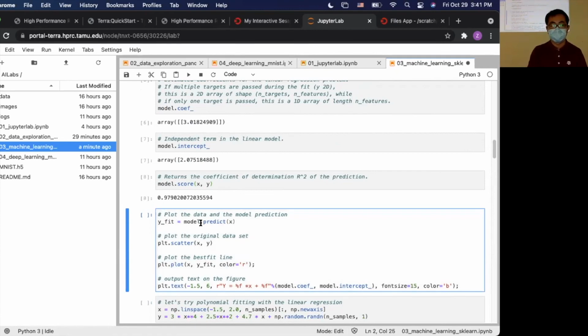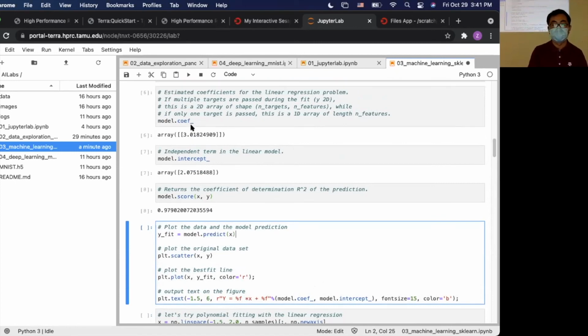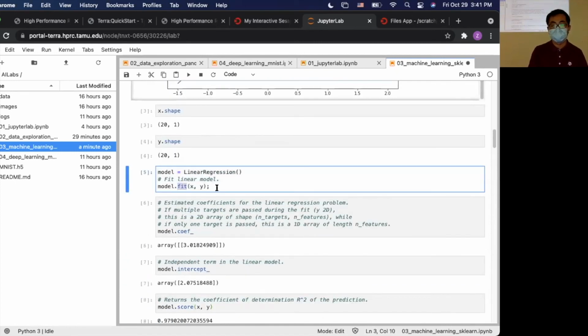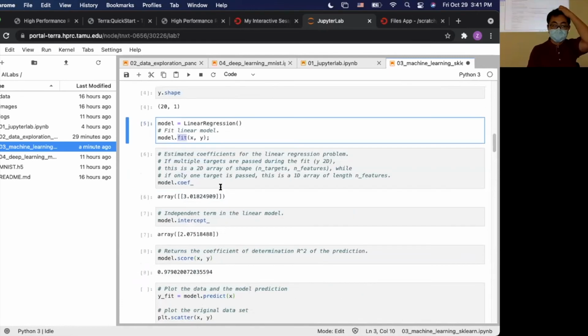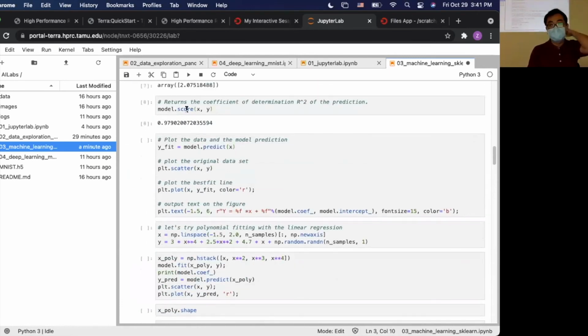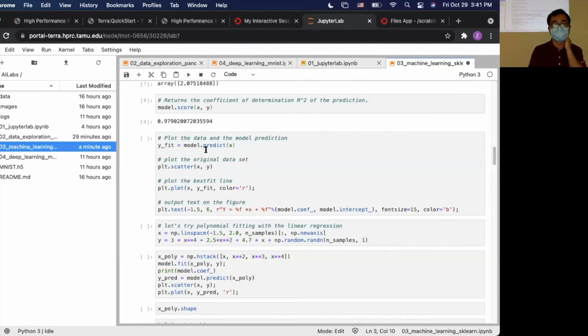For this we use the trained model's dot predict method. When you train, you use the dot fit method. And if you want the score of how good your model is, you can use model.score.